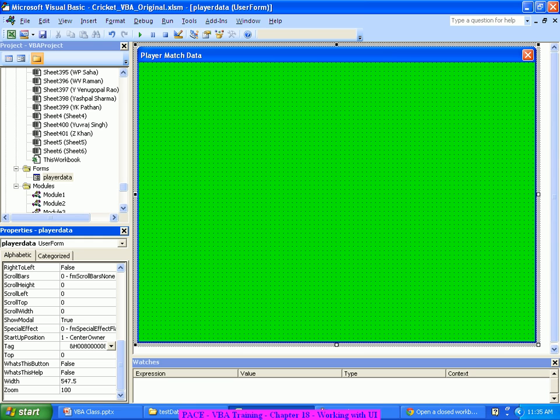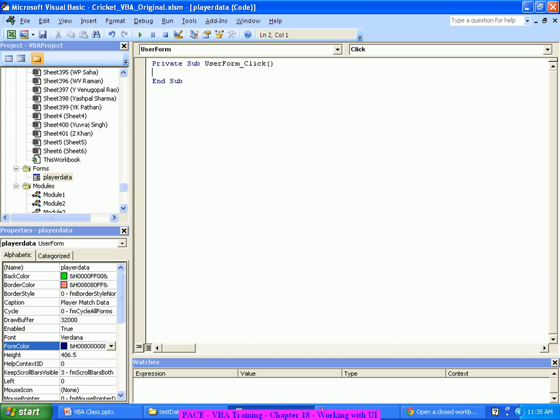Now let's say someone is double clicking on this form. A code comes. So when someone is clicking on that form, what should happen? It should be shown up as a form. So I'll say whatever is the name of the form, PlayerData is the name of the form, dot Show.